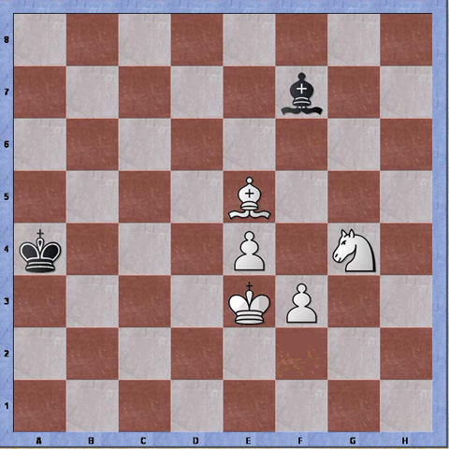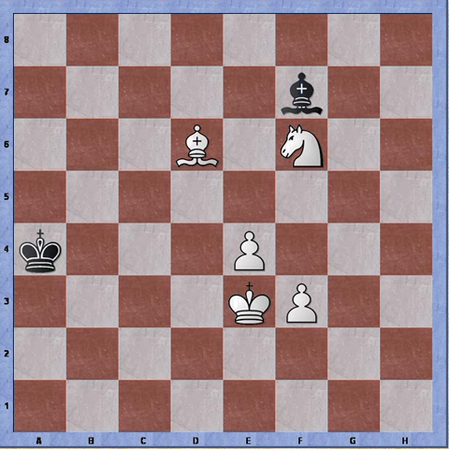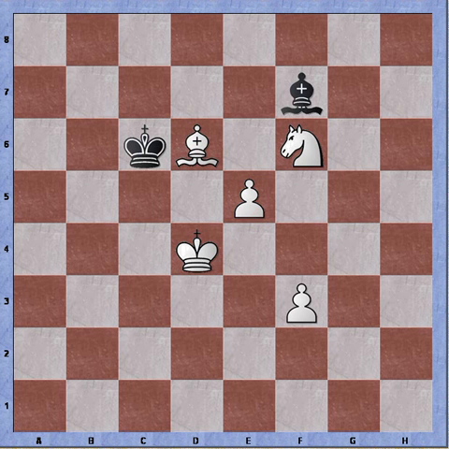Bishop f7, king e3, bishop h5, knight to f6, bishop f7, bishop d6, so I'm trying to clear the way to advance my pawns. King b5, king d4, king c6, pawn to e5, bishop to g6, pawn f4, bishop f5, blocking the advance,